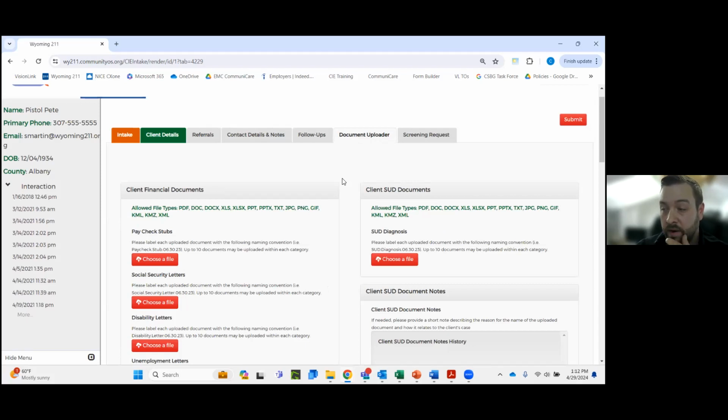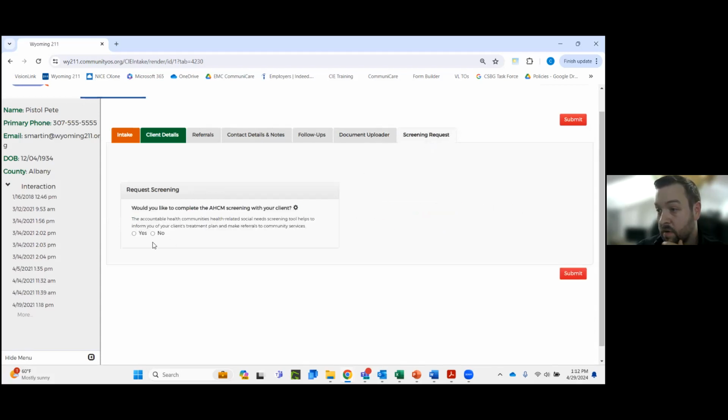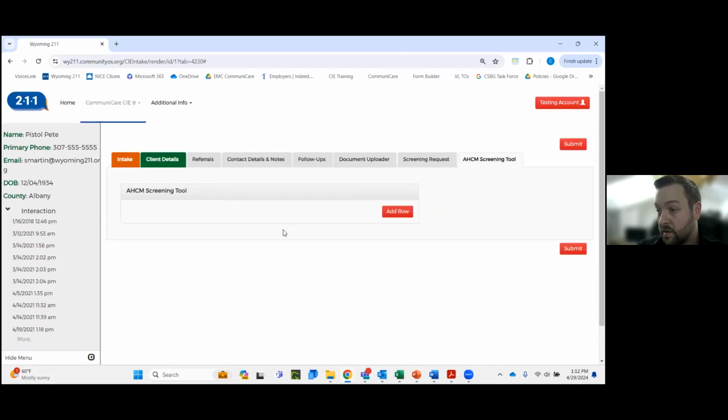One of the biggest barriers to receiving services is showing up to the right place with the wrong stuff. It would be fantastic if they had the documentation all ready to go. And then screening, we do offer screening. So we actually internally at